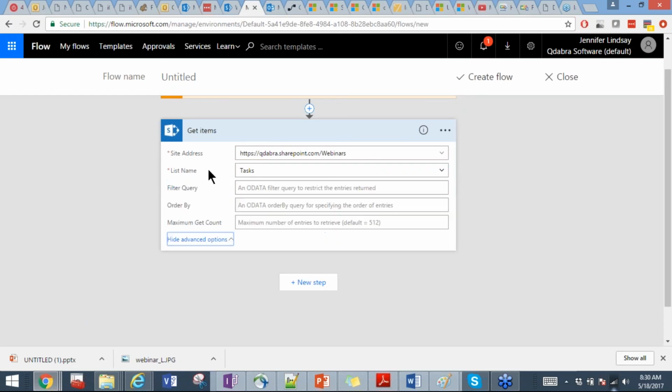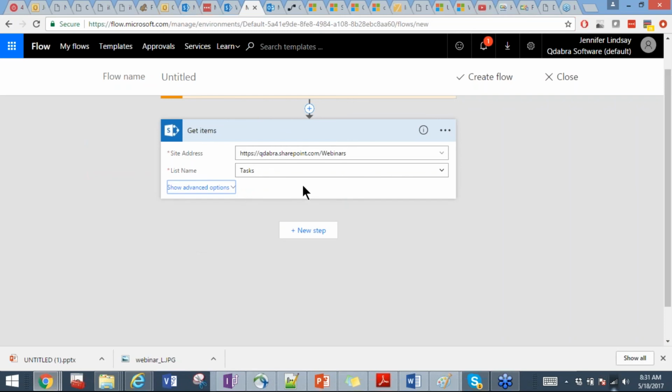And under advanced options, I just want to mention you can use OData to filter your queries, similar to what you would do with a REST query in InfoPath, if any of you have done that. You can use OData to filter. I won't go into that today, but just pointing that out. That'll be very useful if you have a list that has several hundred or maybe even over 1,000 entries. You don't want to retrieve or get all of those list items, but we're fine here. We only have a couple items in our list.